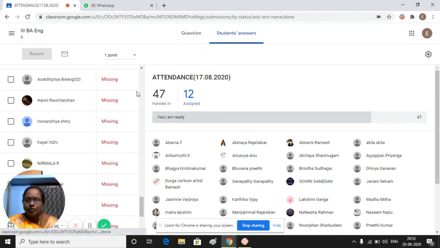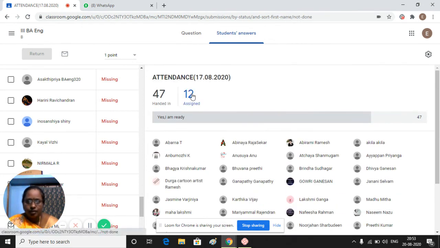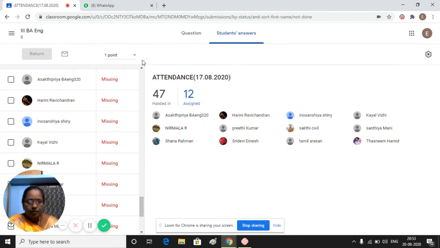The 12 students missing, their names are here. So these are the 47 students who gave attendance. For the 12 students who did not give attendance, you can click that 12. The 12 students who did not give the attendance, everything, comments, we can check it all. Next,